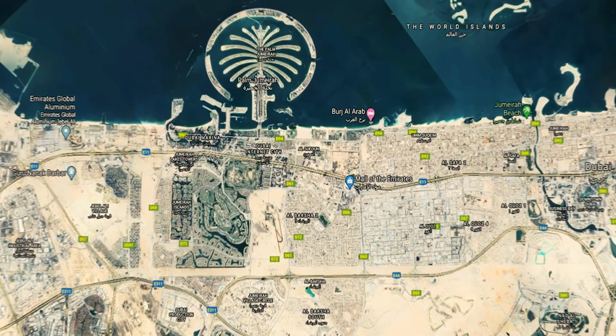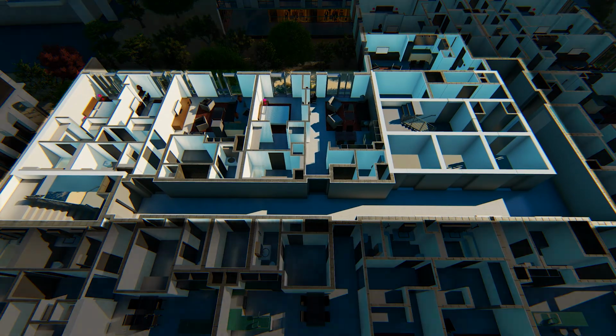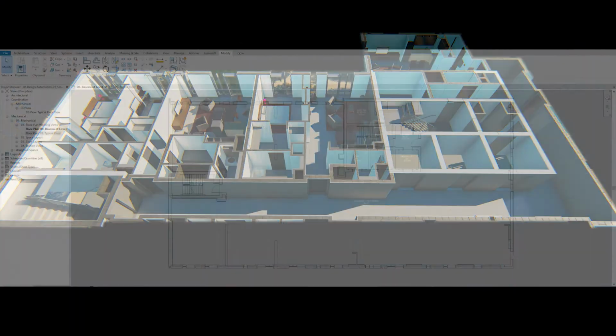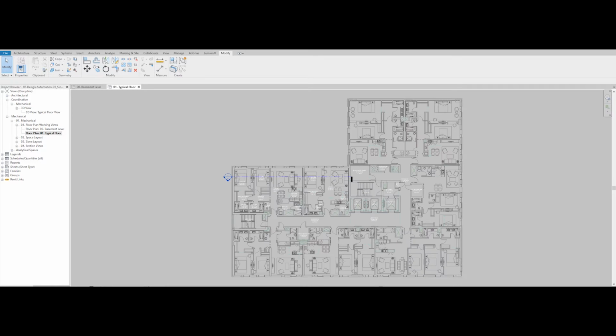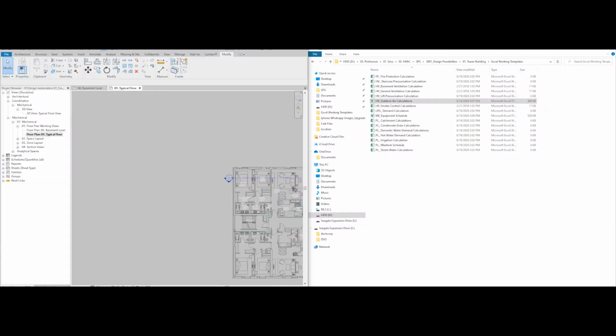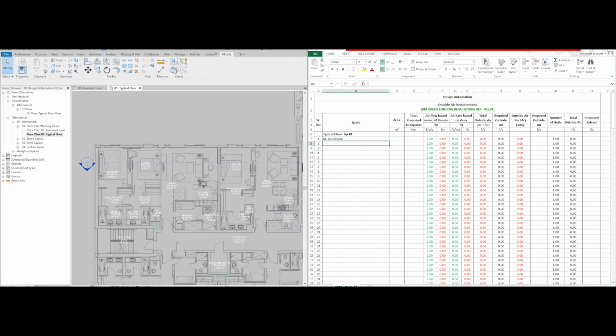So here is the project location, and we are focusing only on two apartments and common areas for this presentation. I created a basement and typical apartment floor plan, and at first I would like to share how we worked in earlier projects, and later we can compare how easily BIM automation supports the calculations. There are some Excel calculation templates, and I'm just opening the fresher calculation format.